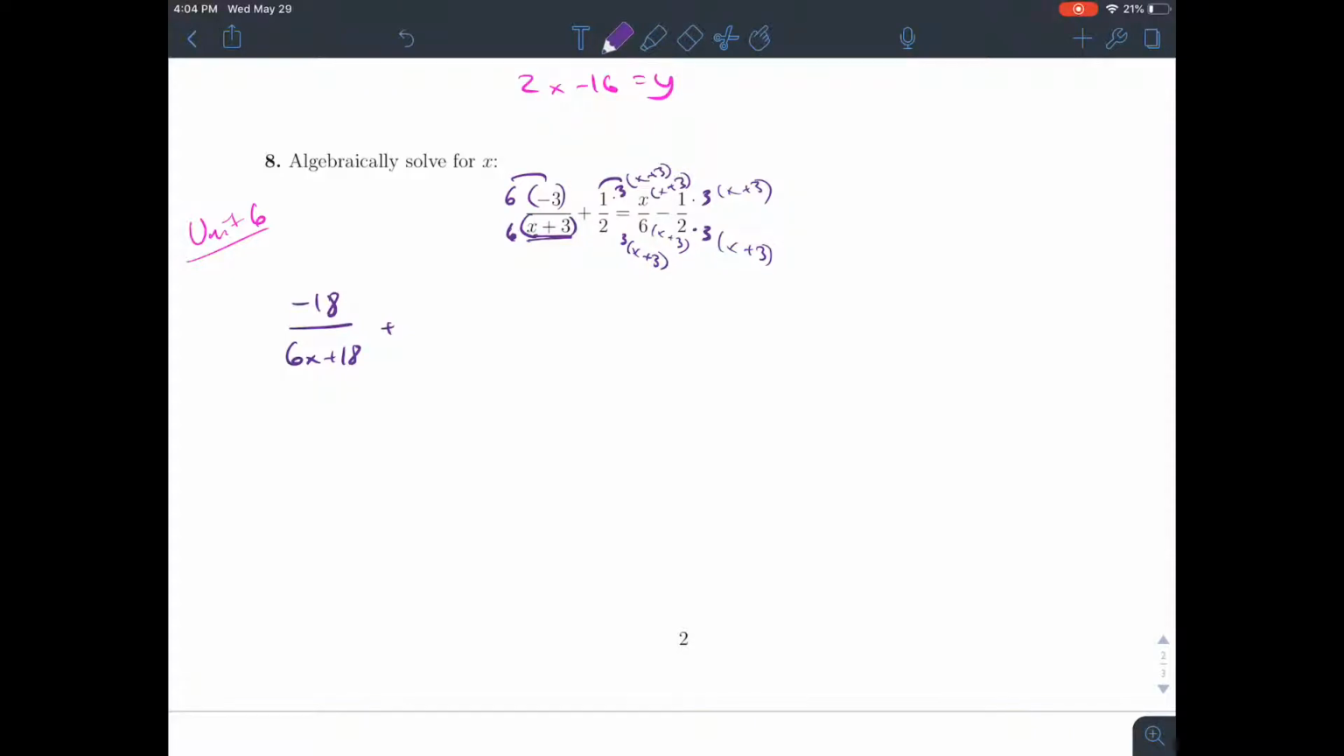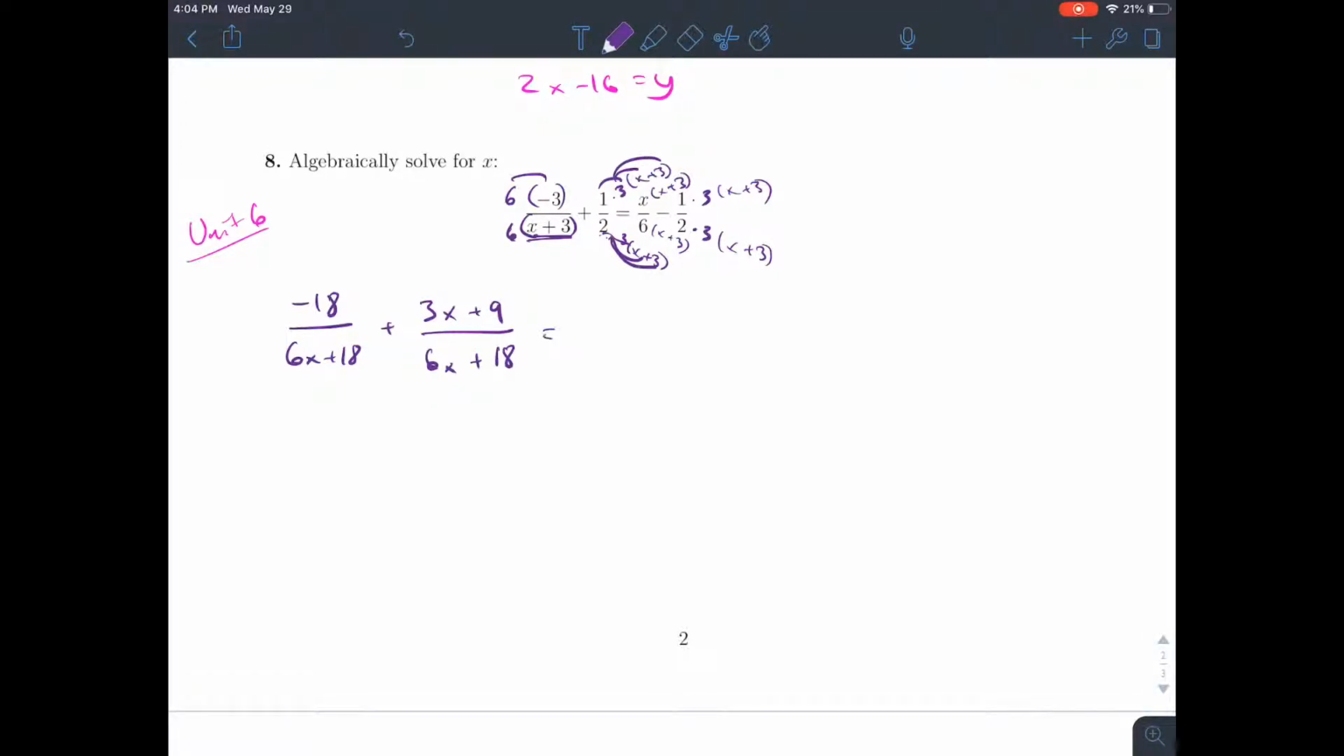1 times 3 is just 3. And then 3 times x is 3x plus 9, all over 2 times 3 is 6. 6 times x is 6x. 2 times 3 was 6. 6 times 3 is